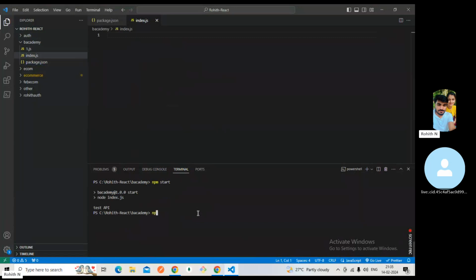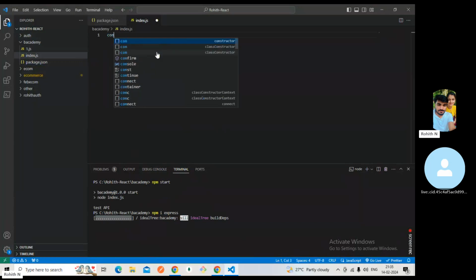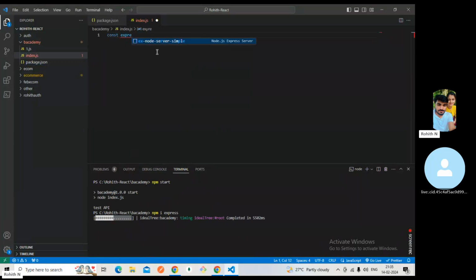Okay, npm install express. So Express is installed. Now I will write my const express. This is express, right? Okay. Const express